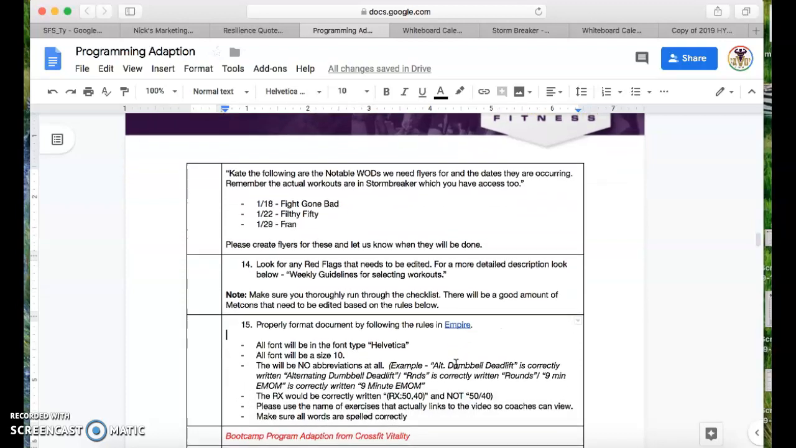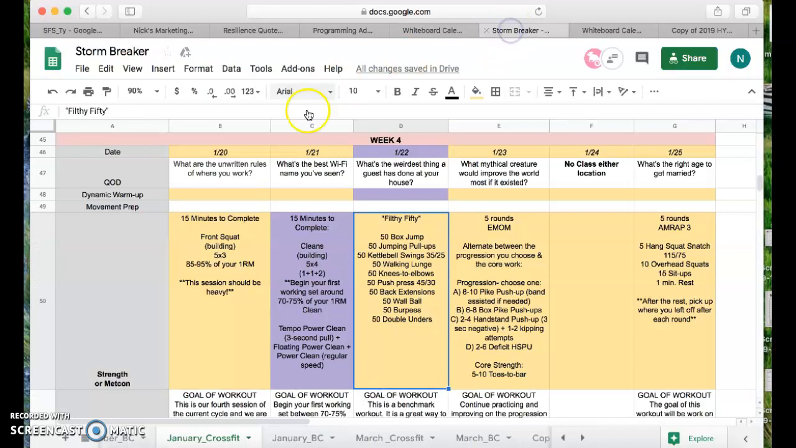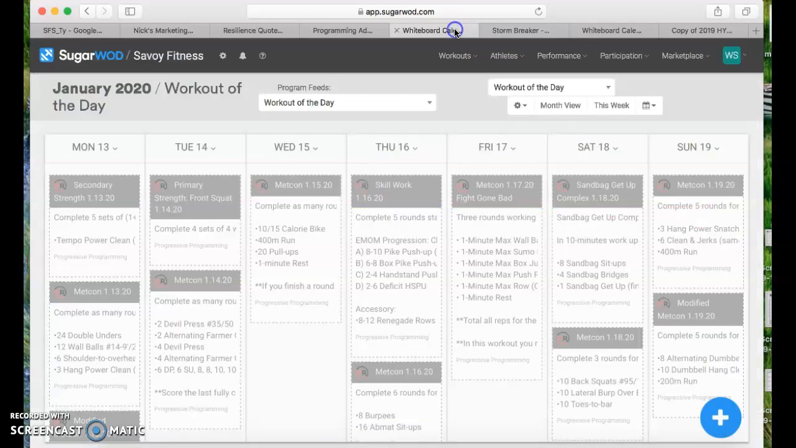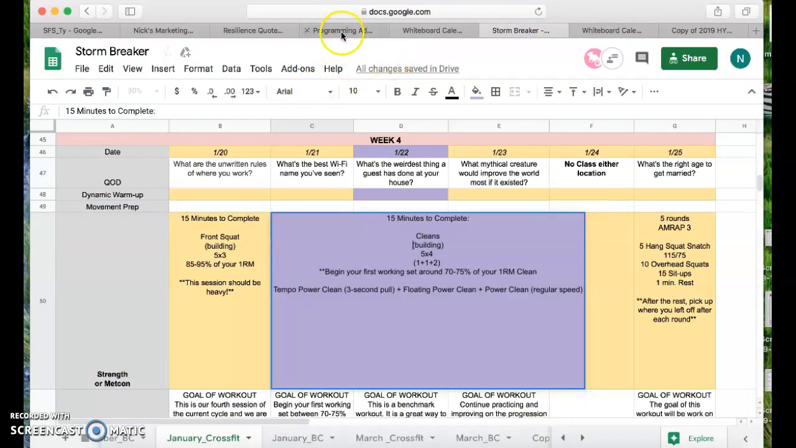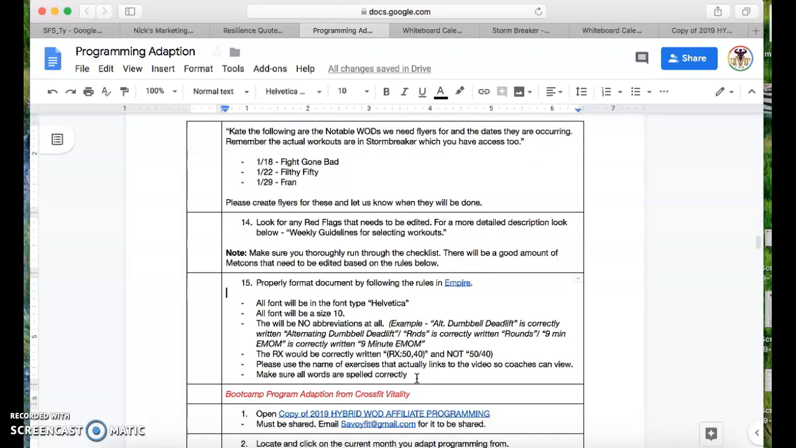Our formatting is done in font 10, and this is Helvetica, which is similar to Arial. Just make sure that the font is correct and the format is proper. No abbreviations at all. For example, alternating dumbbell deadlift is correctly written out that way. Please spell it out. Nothing is abbreviated except for the word EMOM and the word AMRAP. Those are the only abbreviations that we use. That is how to input our